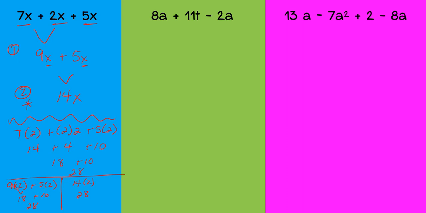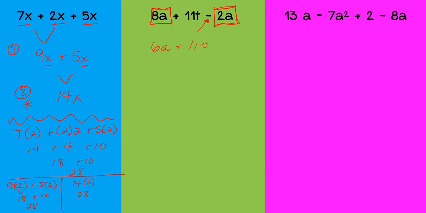Looking at the next expression, so first I'm going to go through and I'm going to find my like terms. I have 8a and 2a that are like terms, and then I have 11t. 11t doesn't have any like terms, so I cannot combine it with anything. It has to stay as it is. Now, looking here, I have 8a and I have 2a, but they're being combined by this subtraction right here. So in order to combine them, I would have to take these 8a's and subtract 2 of them. So in that case, that would give me 6a plus